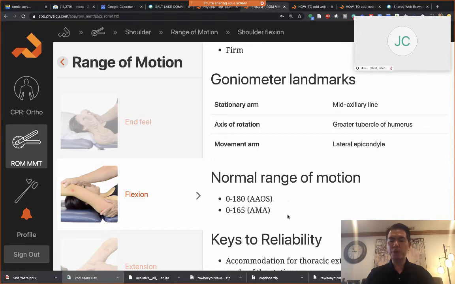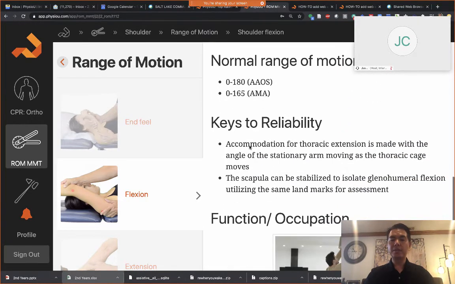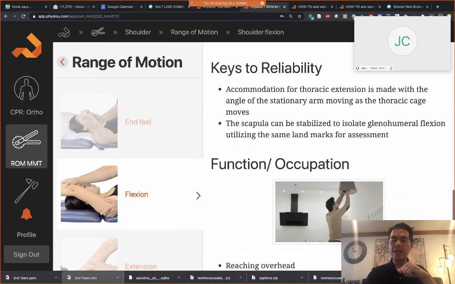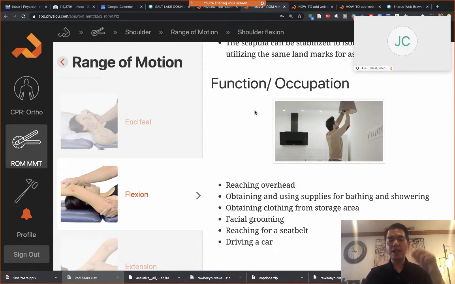Some normal ranges of motion from some common reputable sources, and some keys to reliability, meaning when you finally get to the clinic, here are some things that you have to think about when you're actually doing this on real patients. We also added in one component here, which is it's easy to think of this as just an isolated skill, but in fact, because we are all part of the movement specialist profession, it's important for you to make the connection.